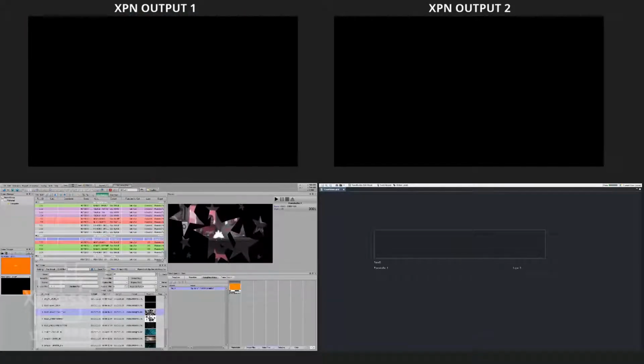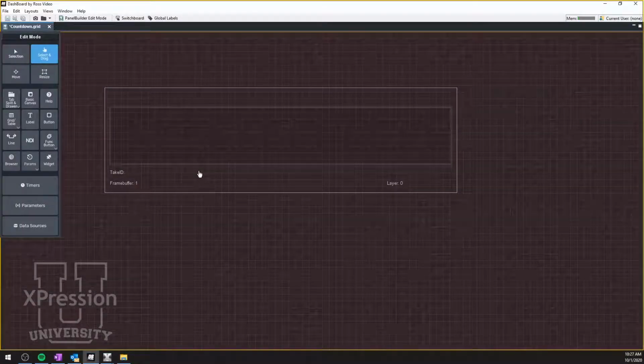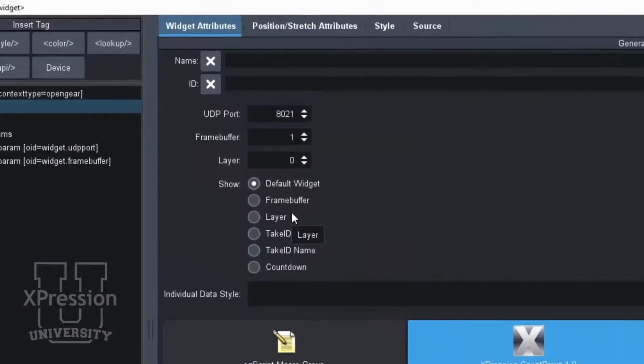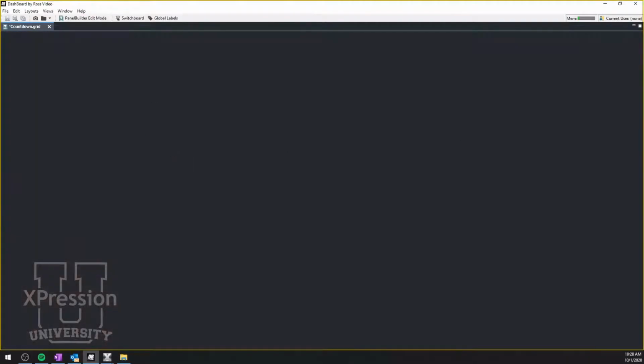Okay, so let's expand this out a little further. Inside the dashboard UI, if you want to customize these countdowns, if you don't want to be restricted to the default look of this, this is where you have these options to show which individual piece of this widget you want. Now, if you only want the countdown, you can click Countdown. Now you'll notice though, it sort of seems to go away, but if that clip starts to play again, we'll get our countdown. Now it's rather small and very